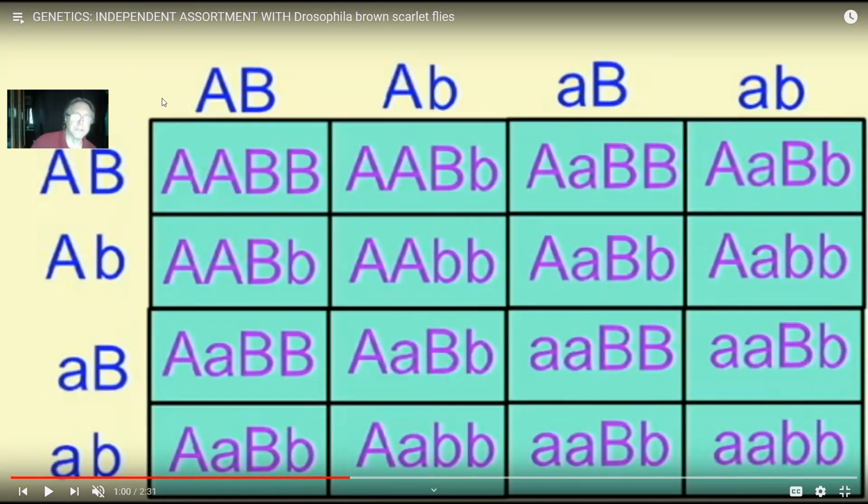Now, as we had just gone through, each of them would make four different kinds of gametes. So the female, because she's doubly heterozygous, would make four kinds of gametes: two dominant alleles, a dominant and a recessive, dominant for the first, recessive for the second, recessive for the first, dominant for the second, recessive for both. The male, being doubly heterozygous, would make four kinds of sperm, and then we would get this enlarged Punnett square